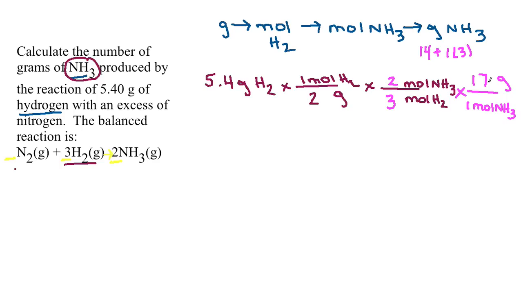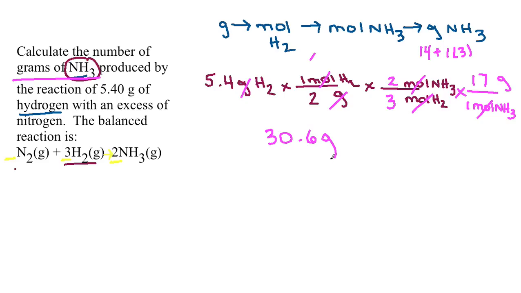Okay, so what you have to do in your calculator, and this is really important for you guys just to make sure we're on the same page. I'm done, right, because I went from grams of hydrogen, got rid of grams, got rid of moles, got rid of moles. Now I'm in grams of NH3. That's what I wanted to be in, right? Calculate the number of grams of NH3. I'm good with that. Now I just have to do the math. So I do 5.4 divided by 2, times 2 divided by 3 times 17. Okay, so what I end up getting is